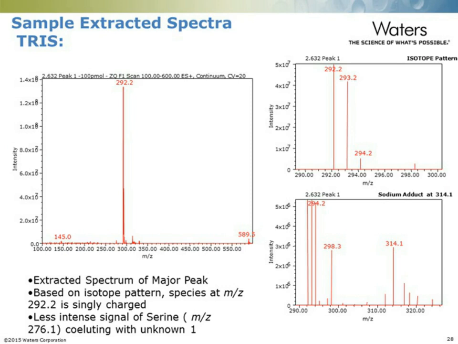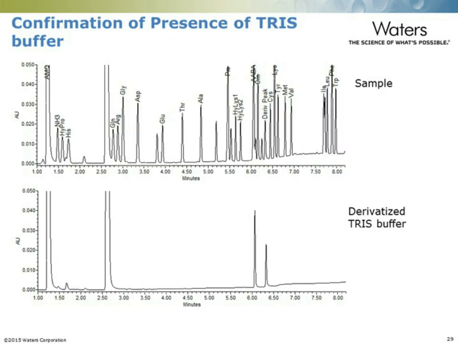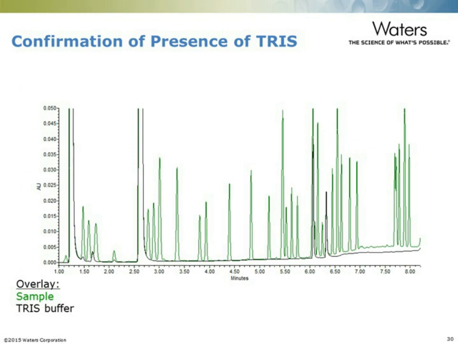We were able to confirm that the large peak in the sample was the tris buffer by derivatizing a pure standard of tris. The peak corresponding to the known tris co-eluded with the odd peak in the cell culture sample, so we needed to get a fresh sample from that media that had not already been diluted with the tris buffer. We've been looking at some of the basic properties of the method as such,